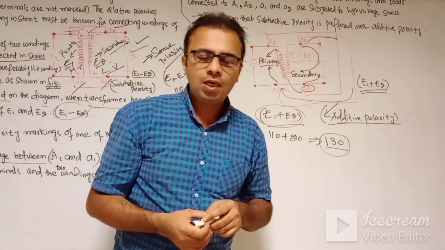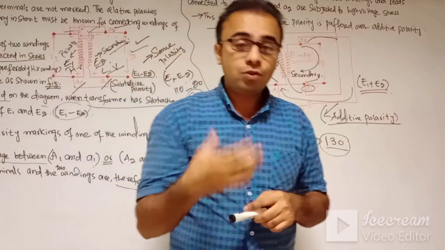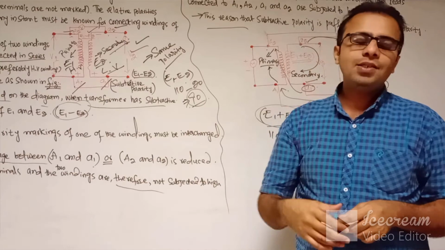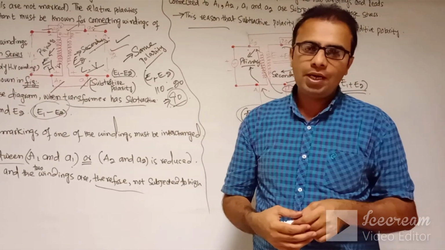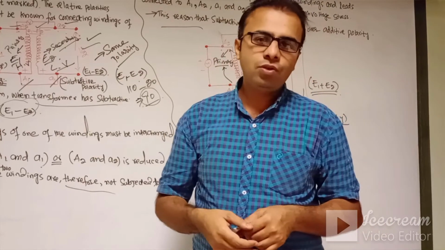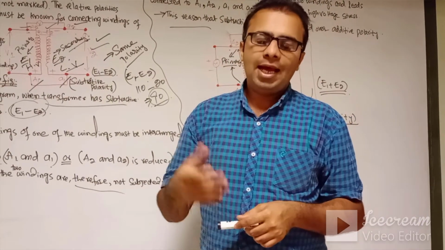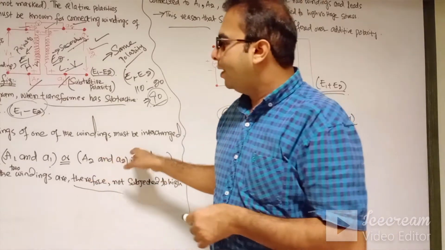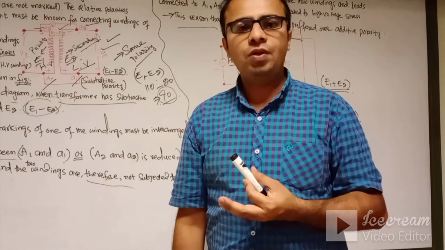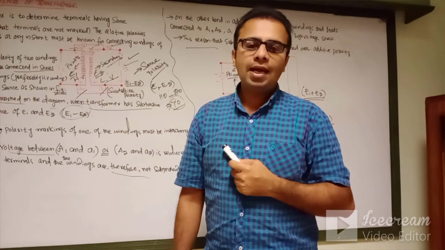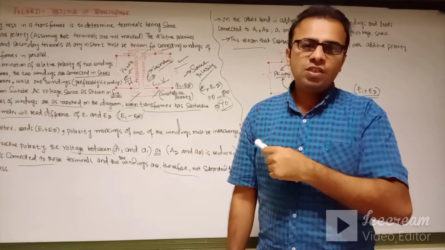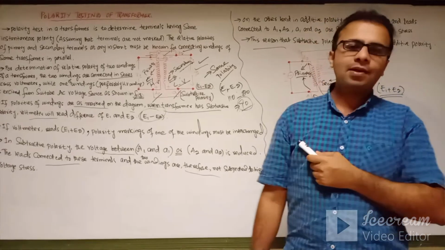Because the leads connected with the two windings of the transformer are subjected to low voltage stress, as they are in the same polarities, and we get E1 minus E2, the difference of the two induced EMFs in the two windings. That gives us the subtractive polarity. In the additive polarity, the opposite polarities are connected with the two windings of the transformer, and that gives the sum of the induced EMFs at the voltmeter output. So this was the whole polarity testing of the transformer.